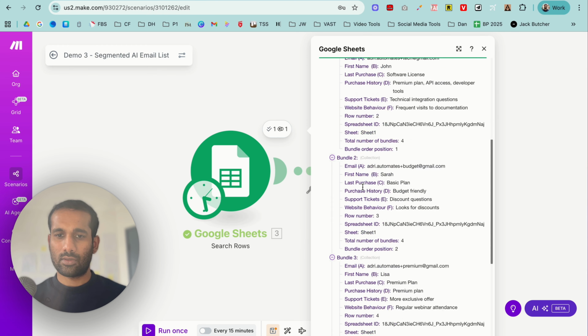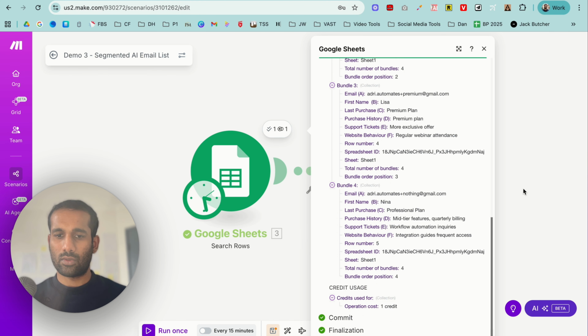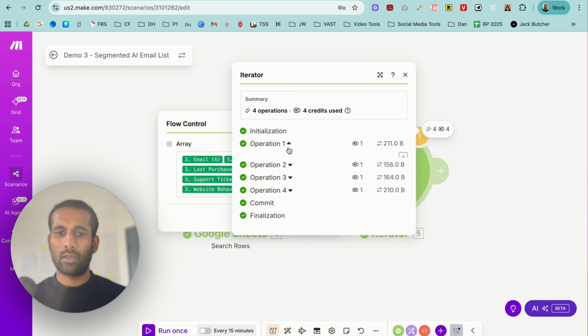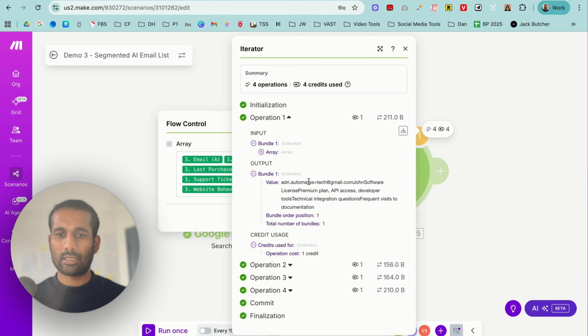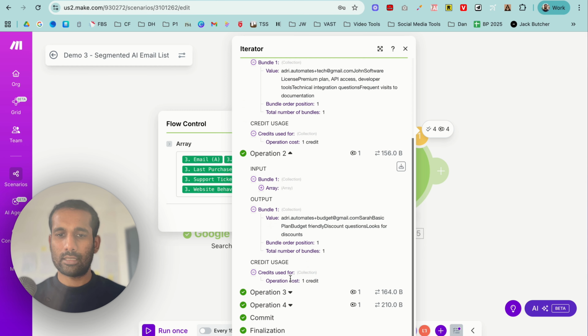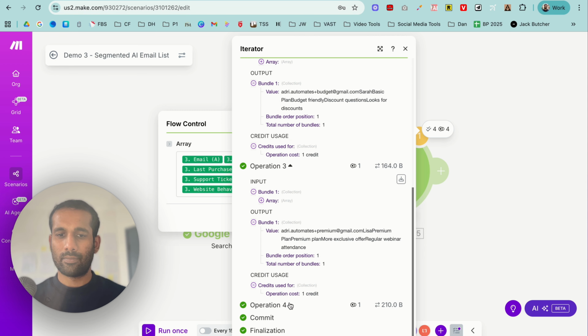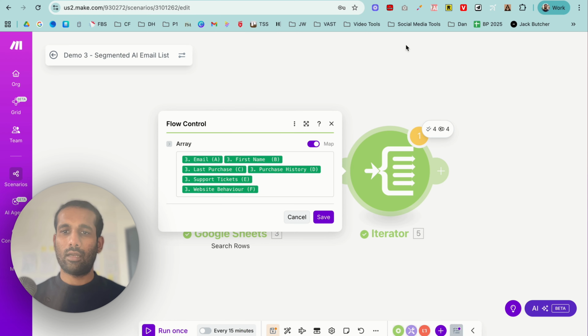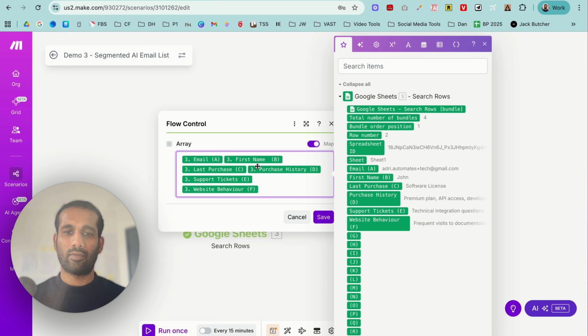We have this output of all this data. You can see the first row, the second row, the third row, the fourth row. And in our iterator, if we check the output, you can see operation 1 has all of this data, operation 2 has this data, operation 3 this data, and operation 4 has all of this data. We can obviously format it and make it look a little better. So for example,